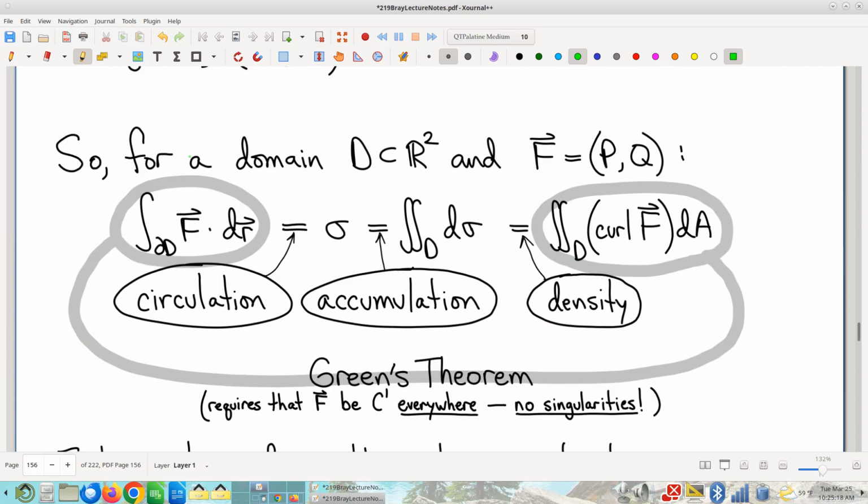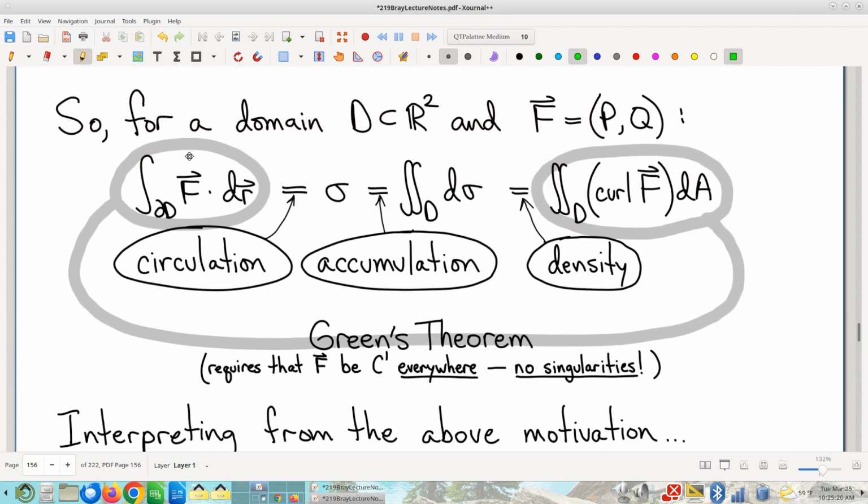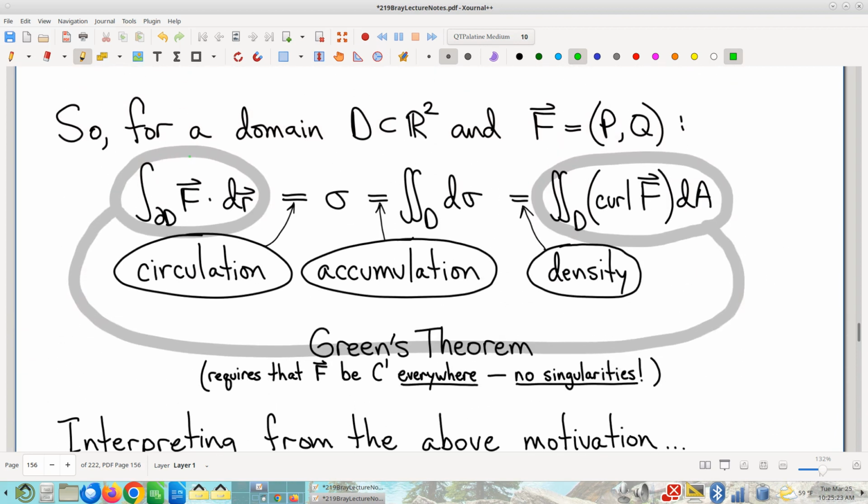There is a sticky wicket. You do have to be careful about this. Easy landmine to step on. Please don't step on it. Here's the sticky wicket. Notice right here, it says that your circulation, if you want to use this theorem, your circulation has to be around a boundary. Further reminder, boundary, loaded word. Loaded, right? Boundary means oriented according to a very specific convention.